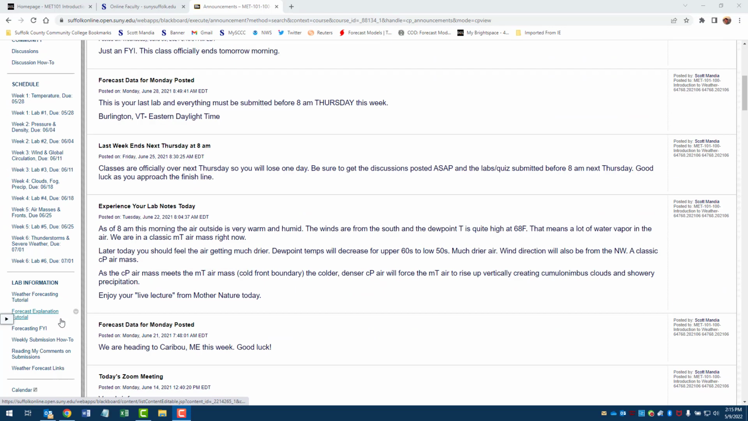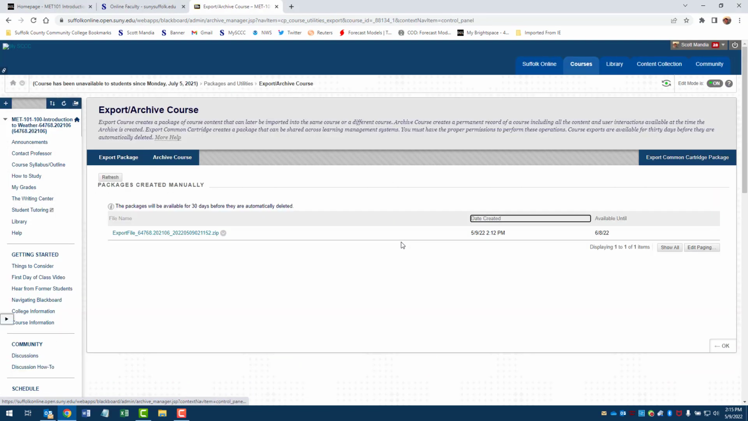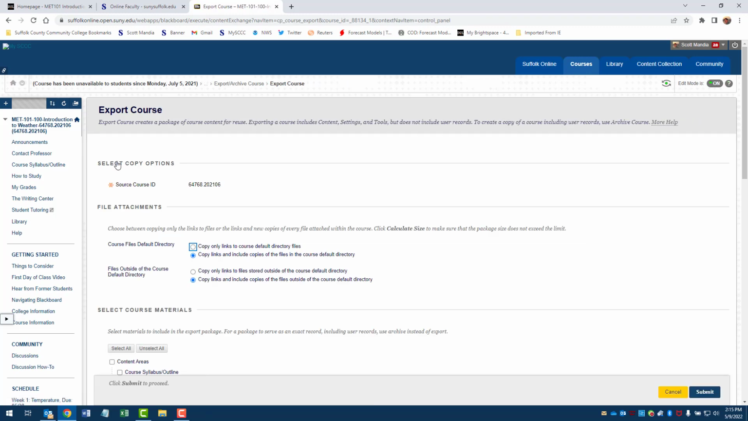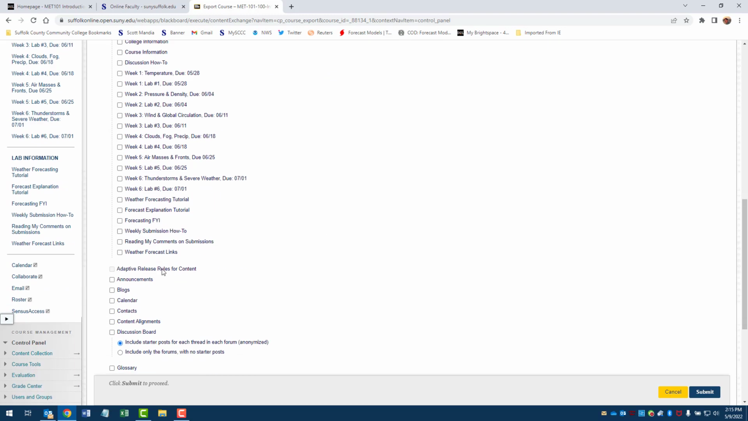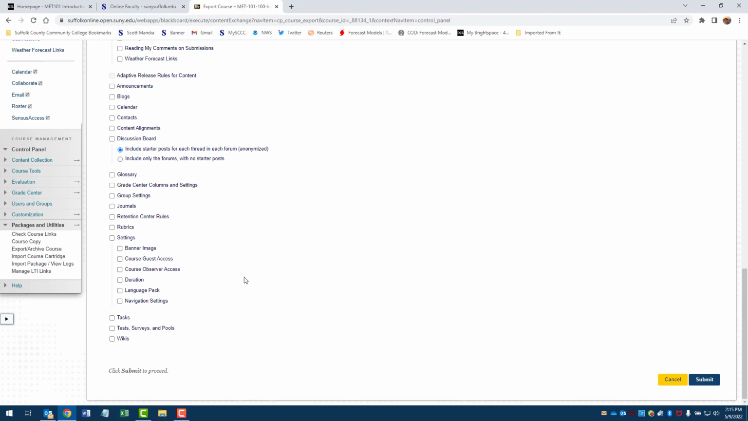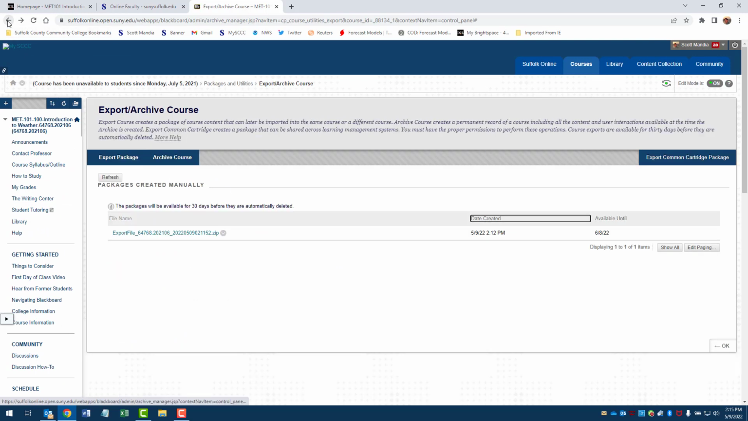I'm going to scroll down and click Export Archive Course. And you can see I've already done this, but I'm just going to show you how this works. You're going to hit Export Package. You're going to pick the areas that you want out of all of these. Okay, so just pick everything that you want here. Okay, and then you're going to hit Submit, and it's going to create,